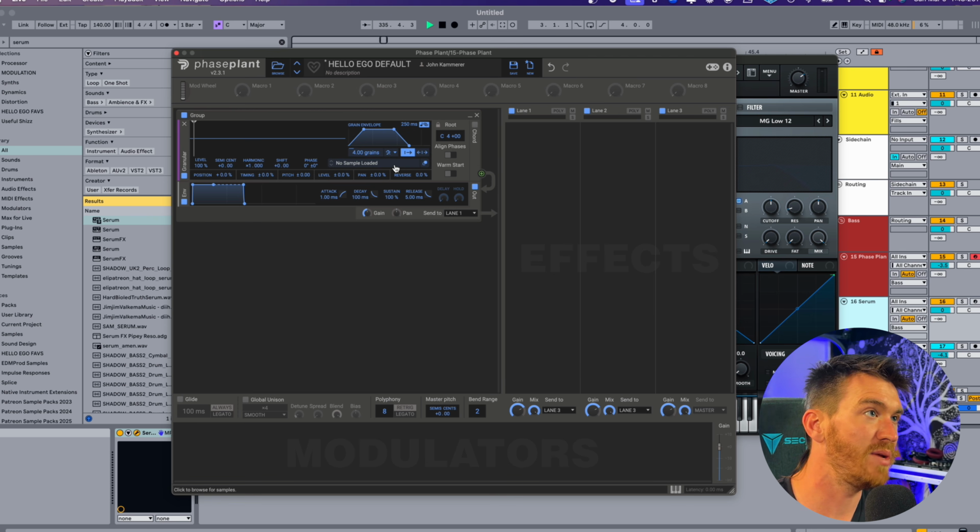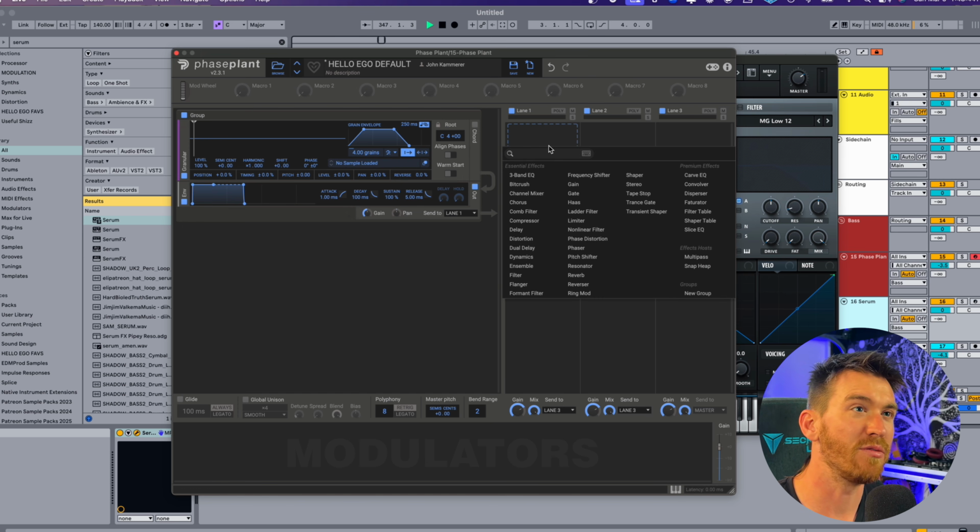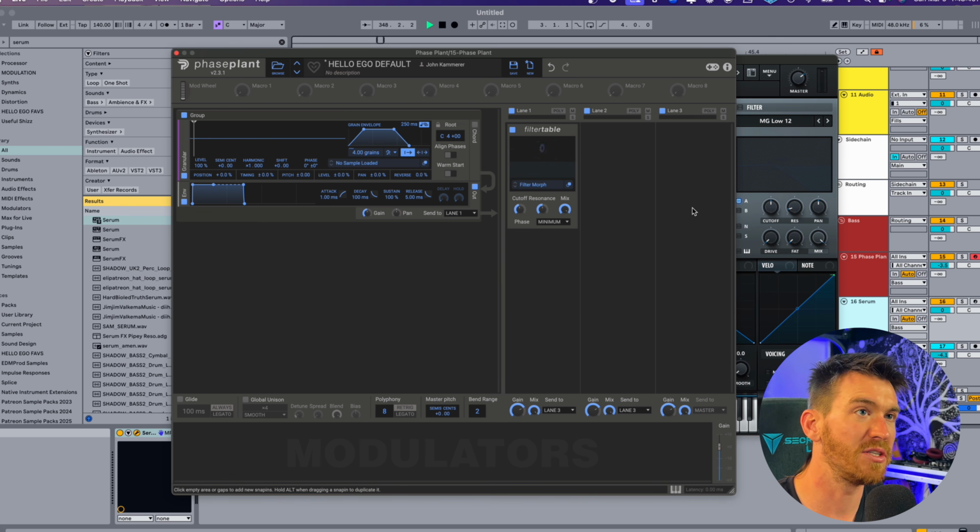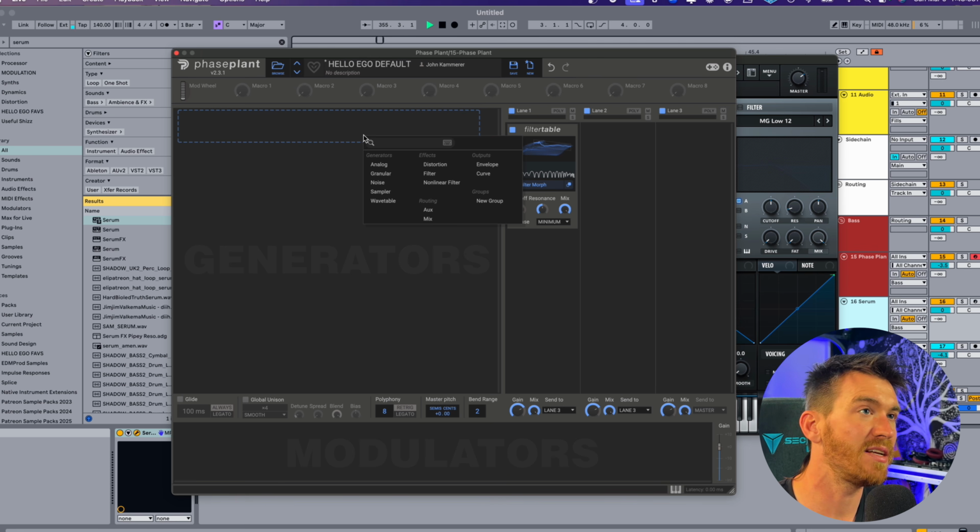An example of this would be the granular engine. Faceplant didn't have a granular engine for a long time, but they added one in, and here it is, and it's super sick. They also keep adding really unique effects like filter table. This is one of my favorites now. It's a wavetable that is also a filter. Think about that for a second. A wavetable that's a filter. I've never seen anything like it personally. Maybe there's something that exists out there that I'm unaware of, but